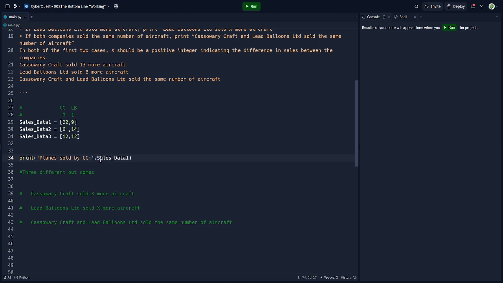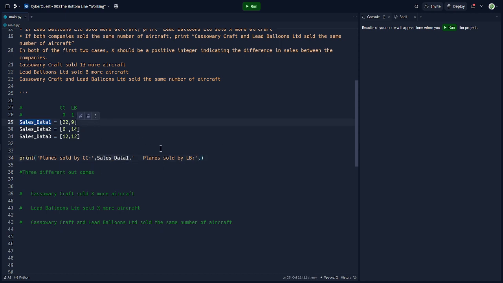Let's do it like that, and then we can add this second one. I'll say comma, put some spaces in here, and I'll say planes sold by LB for Lead Balloons, and then I'll do comma